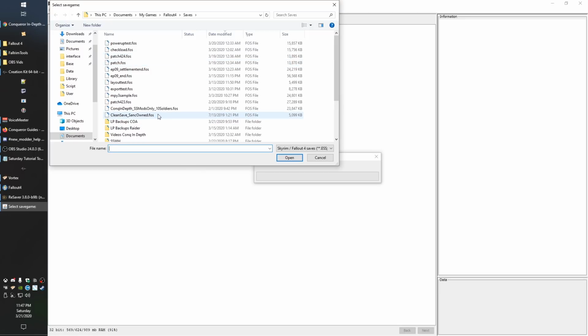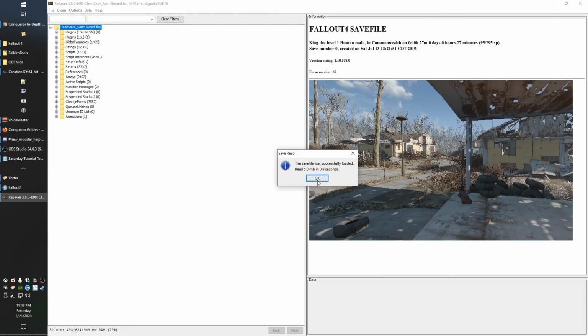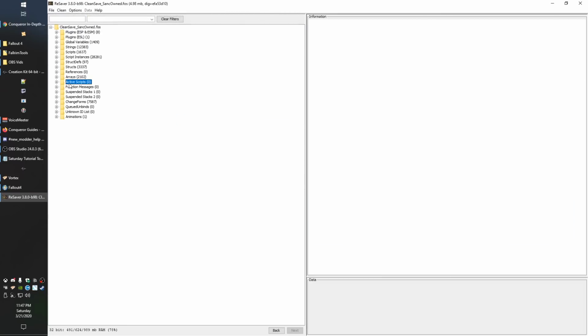But if I say something like load up this exact save we're in right now, you can load this up. And if you look at your active scripts here, this little folder, and your suspended stacks, if you see a number in these, and generally if it's just single digit, it's fine. But if you start seeing double digit or triple digit numbers appearing in these 3 columns, your save file is overloaded with Papyrus data. You need to chill out somewhere and just let your save sit.